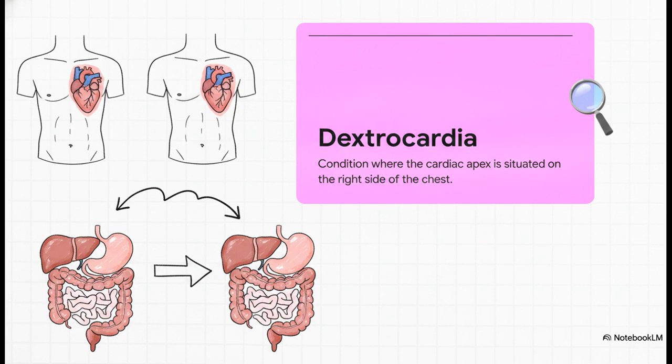But here's where it gets wild. What if I told you the entire precise map we just built can sometimes be completely flipped? In a condition called dextrocardia, the heart develops as a perfect mirror image. The apex actually points to the right. This can sometimes be part of a larger condition called situs inversus, where literally all thoracic and abdominal organs are